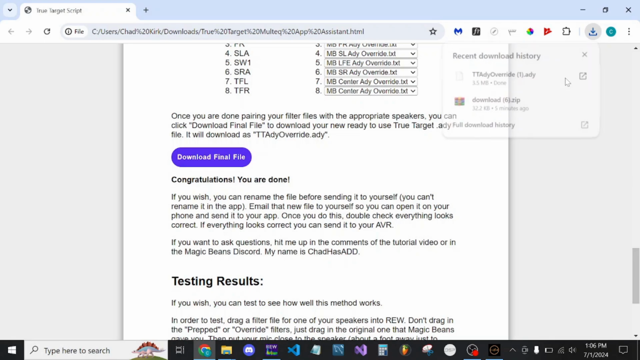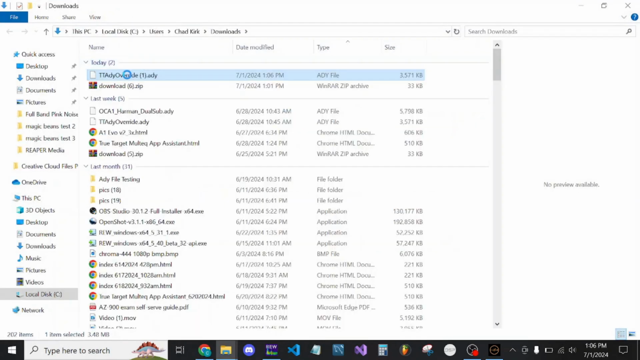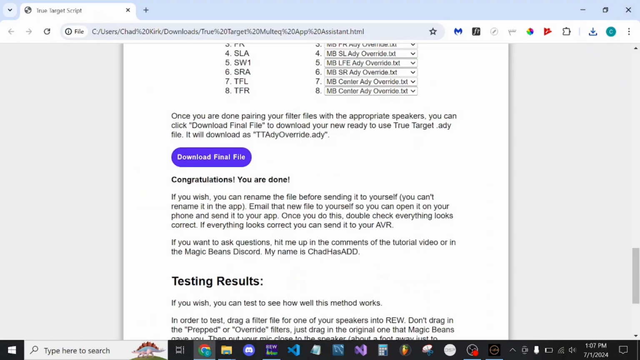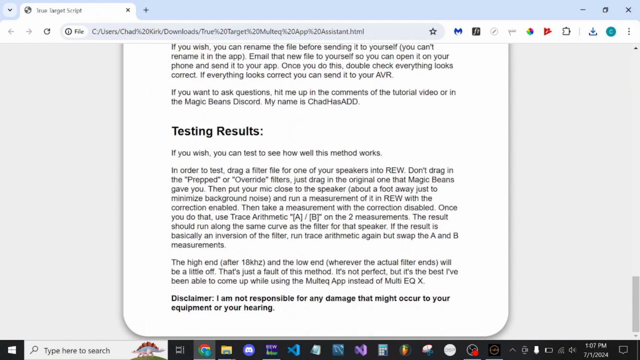Okay, it's downloaded. Showing the folder. You can rename it whatever you want, like test.ady. You just need that .ady at the end. Then you just email that to yourself, and you download it from your phone's email into your Audyssey app, and